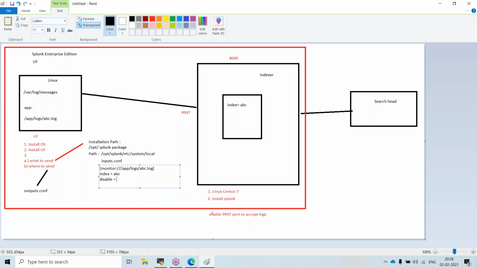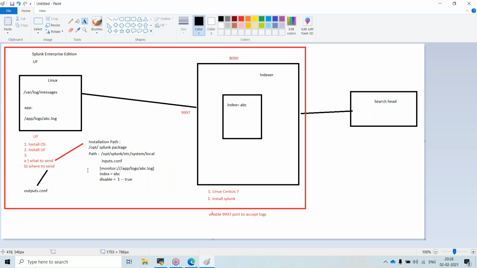Sorry, 1 means true and 0 means false. This keyboard is not working.